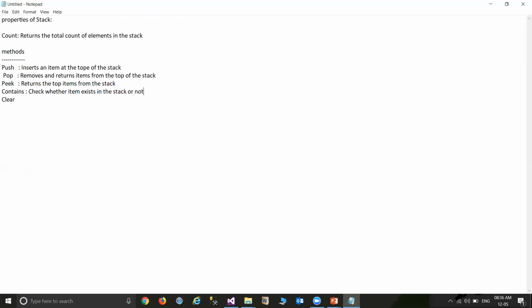If you want to verify whether a specific item exists in the stack before retrieving the element from the stack, then you need to use the contains method, so that it checks the stack elements and returns true, and you avoid runtime exceptions